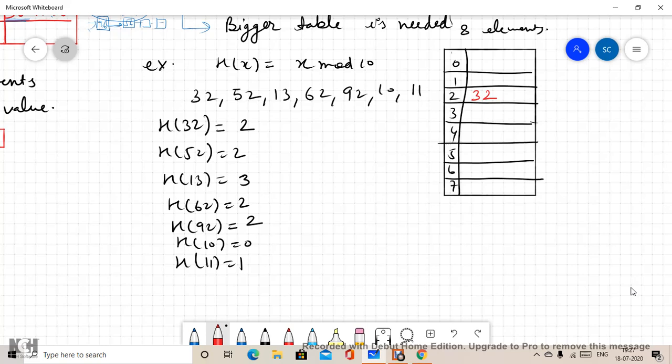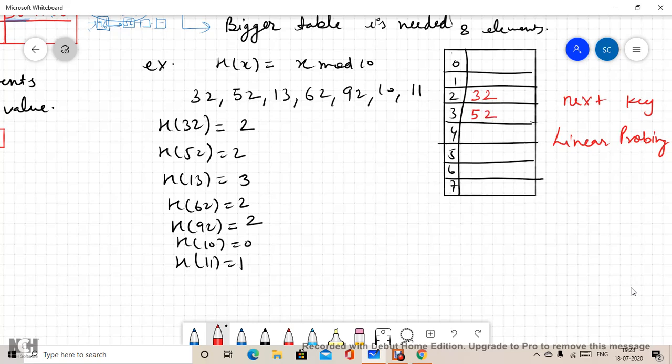If we use the adjacent next cell, then we call it linear probing. So this 52 will be stored in the next one.